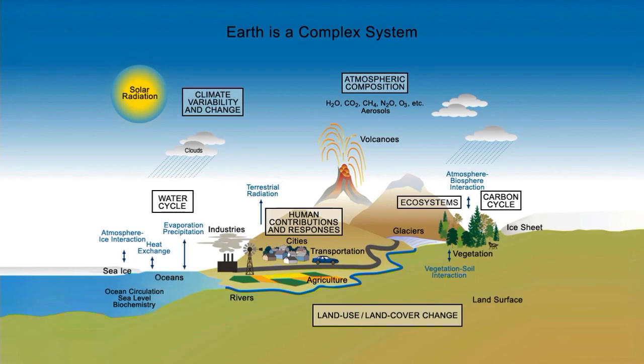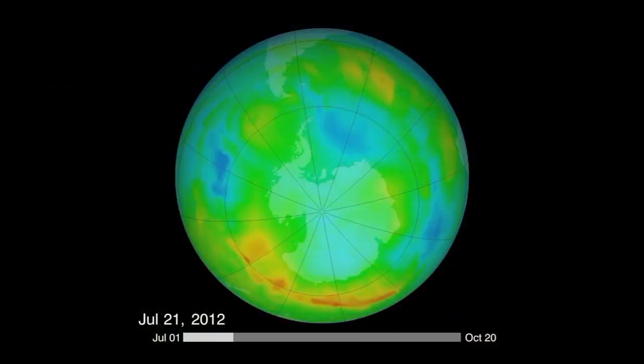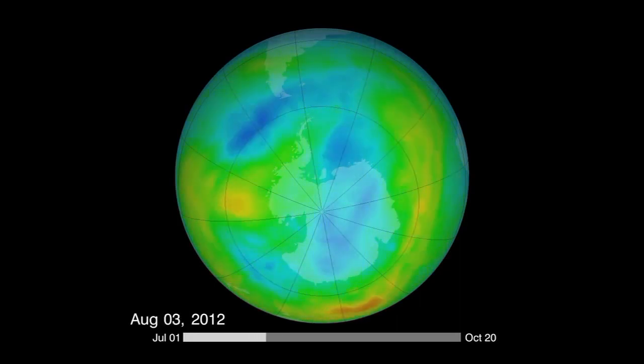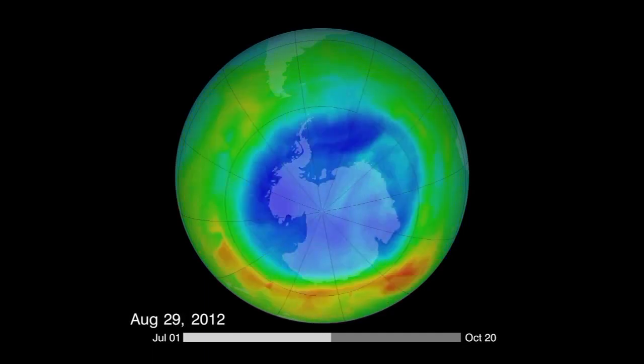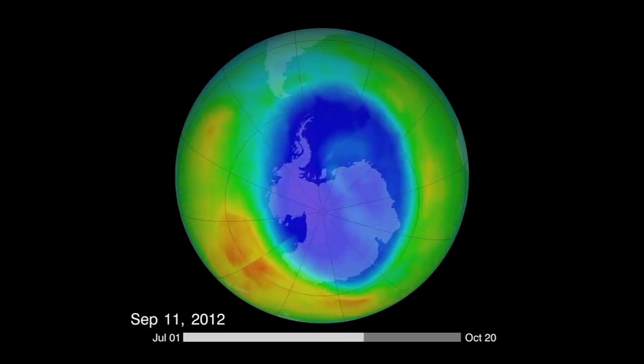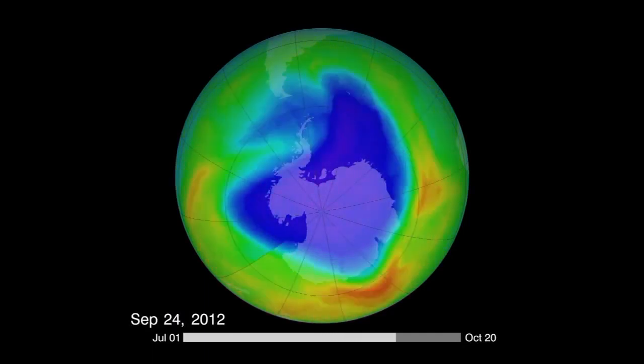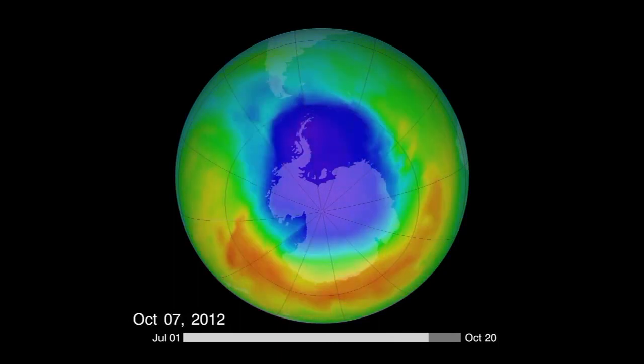Just as an example of how we do some of these things, let's go to the next one, and I'll bring you back to the ozone hole. It turns out when I left graduate school, I got a job where I started to study ozone. I was doing observations from NASA aircraft and from high-altitude balloons, which is kind of a poor man's satellite. We were trying to study and understand the processes that affected the ozone layer. You can see these are images that we got from a NASA satellite called TOMS. Over the years, it was one of the first things that told us about what the ozone hole was, how it developed. But the satellite data alone wasn't enough.